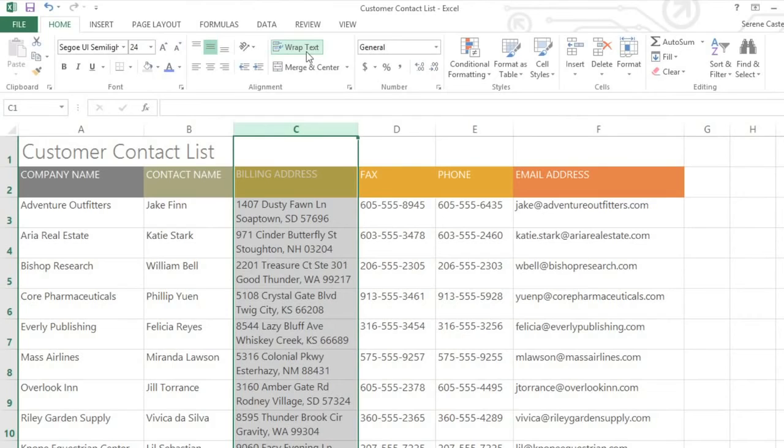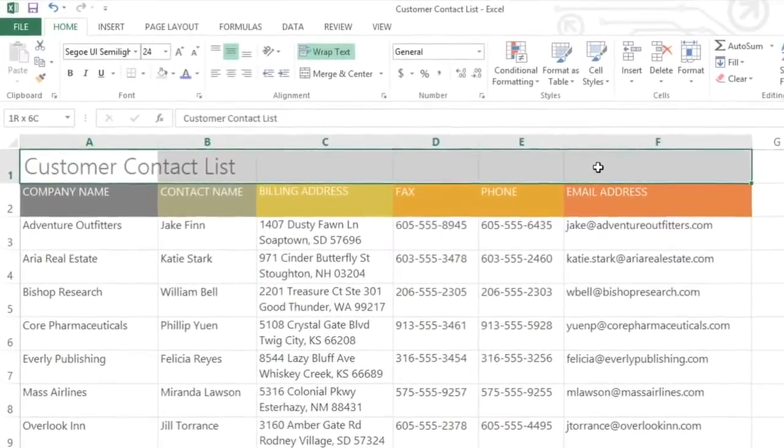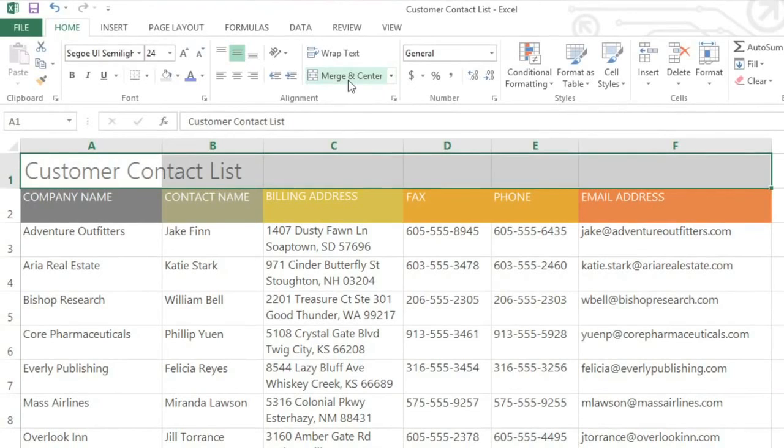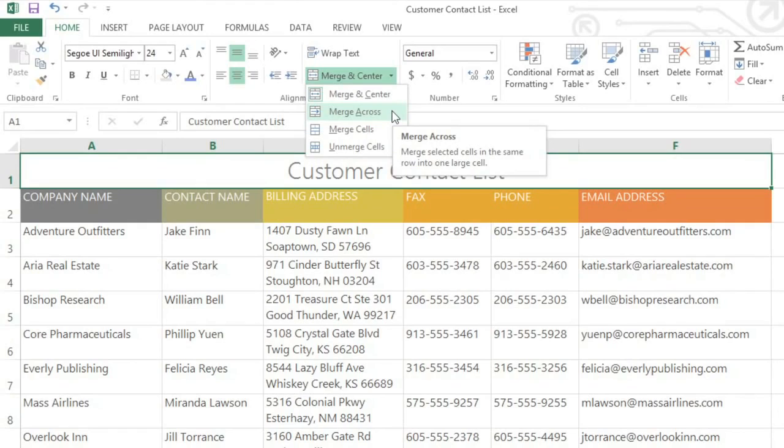Now for the finishing touch, combining the cells in the top row so the title of my worksheet can be centered in a single large cell. To do this, select the cells you want to merge, then click the Merge and Center command. There, that's perfect. To access more merge options, open the drop-down menu here. You can merge across, creating merged rows instead of